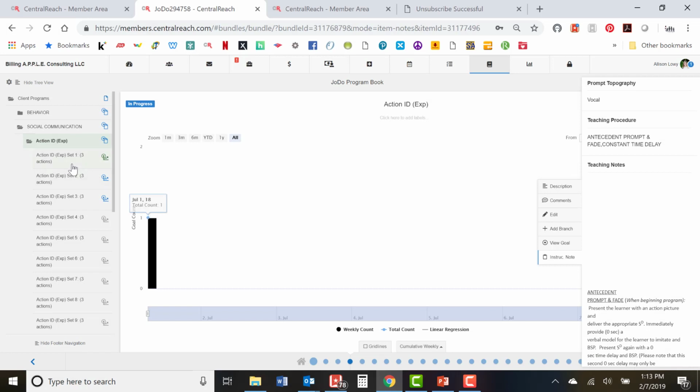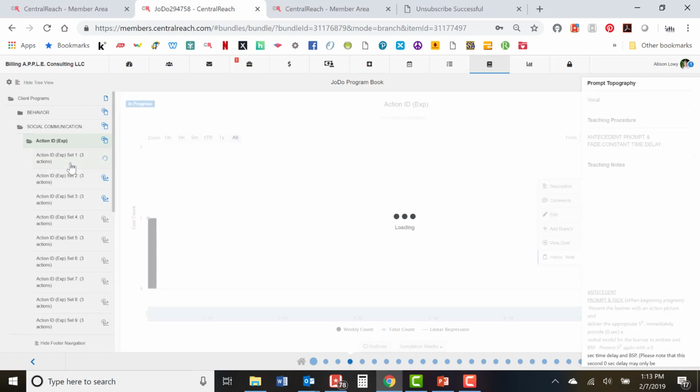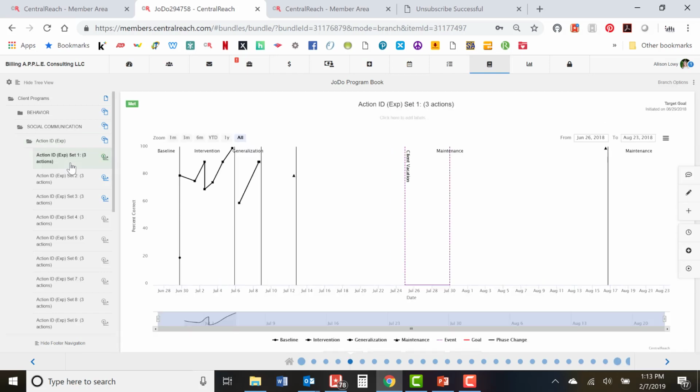The third tier is what we call the target, or what we call at Apple, the set. That is where you're going to find those individualized graphs for baseline, intervention, generalization, all that good stuff, phase changes, event changes. And what you're going to want to know again is if you ever have to take a look at